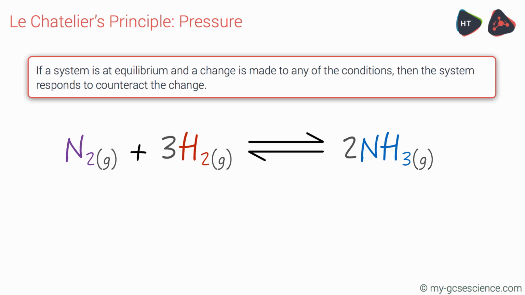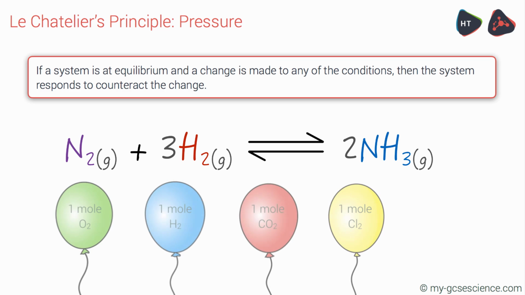The final condition which has an effect on equilibrium is pressure. In a closed system, the pressure of the gases inside will be directly related to the number of moles of gas contained within it. You may remember, if you're on triple chemistry, that no matter what gas you have, 1 mole of any gas has the same volume, and therefore at the same pressure it will take up the same